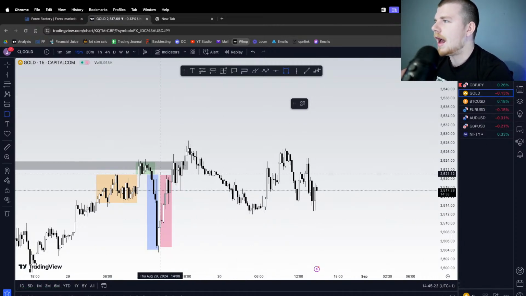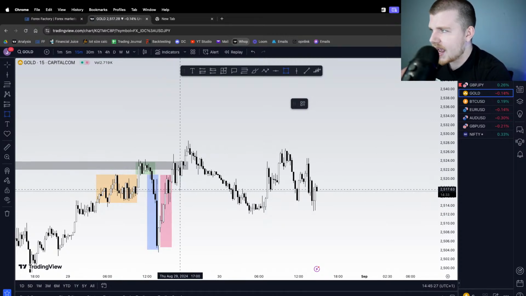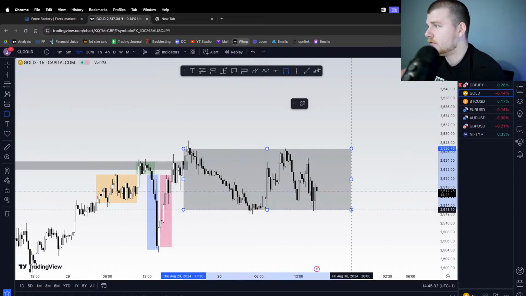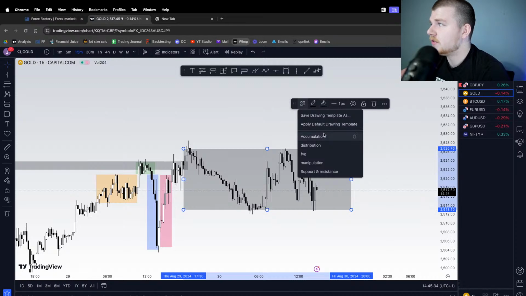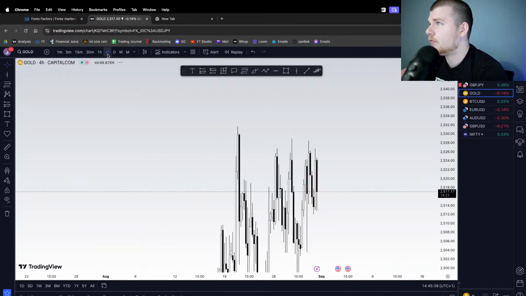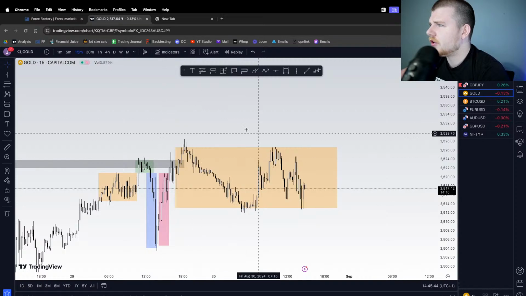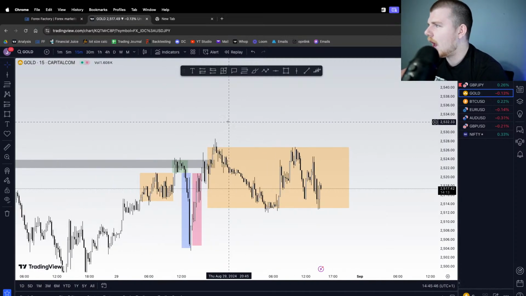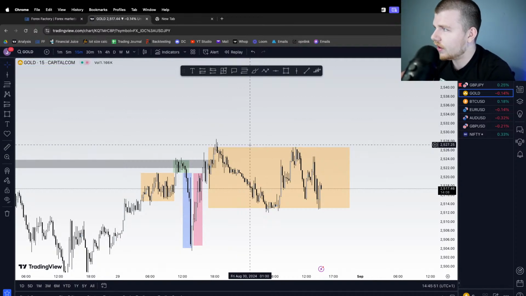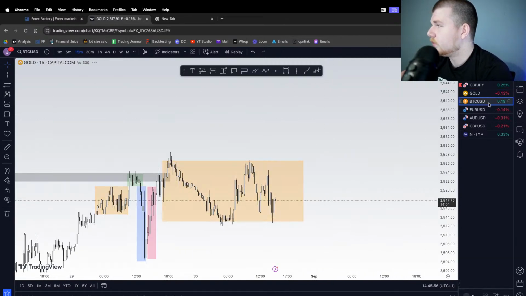So I said that we will consolidate. We may continue up a little bit or down a little tiny bit, but the general idea is that we're going to consolidate. And look at this. We had one massive range, and it's safe to say that this is an external accumulation. You don't really even need to go to a higher time frame. You can see it pretty clearly. So we got an external accumulation here, exactly what I was expecting. It happened. There's nothing else to say there. Now we just wait for that manipulation. So gold, that's 1 out of 5.